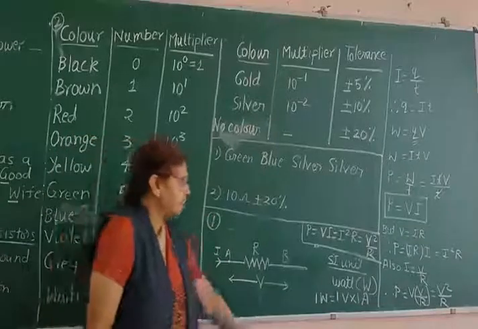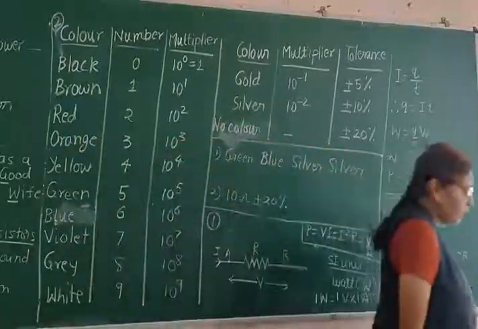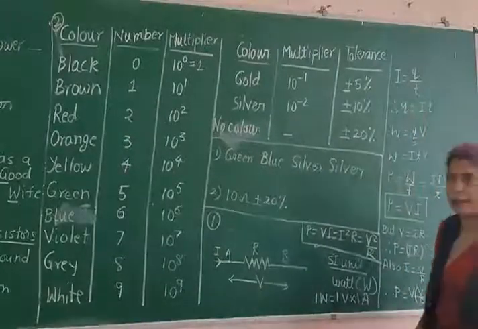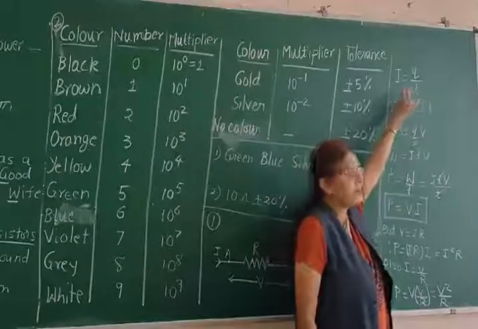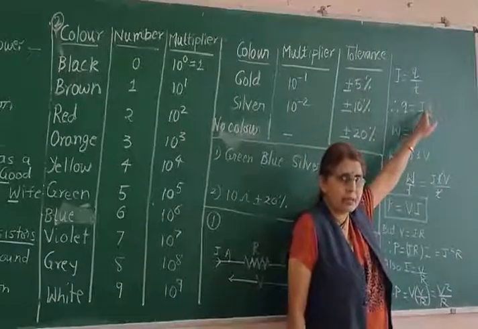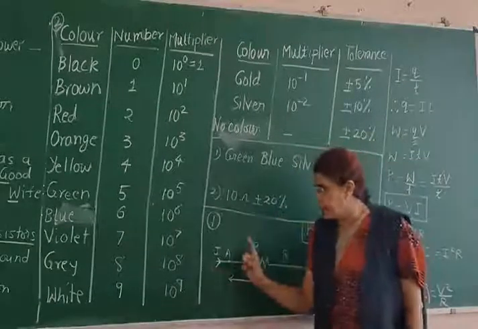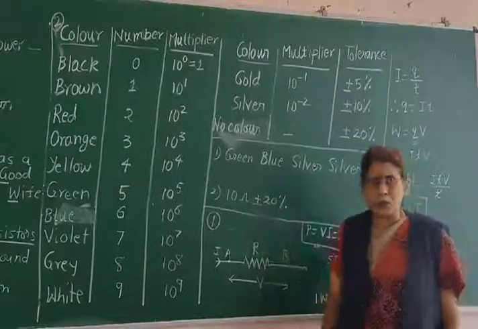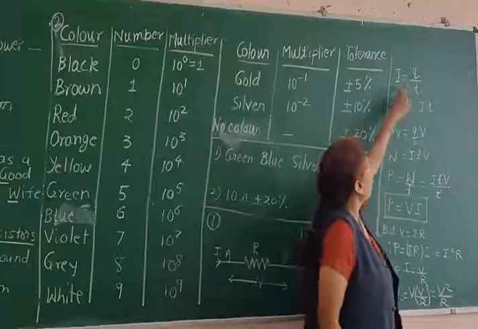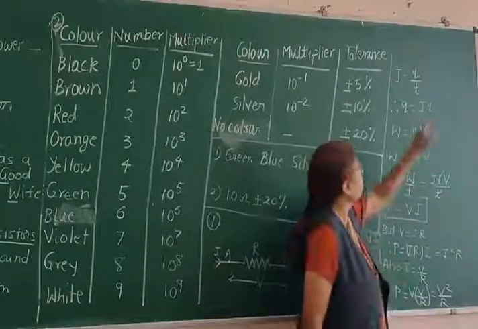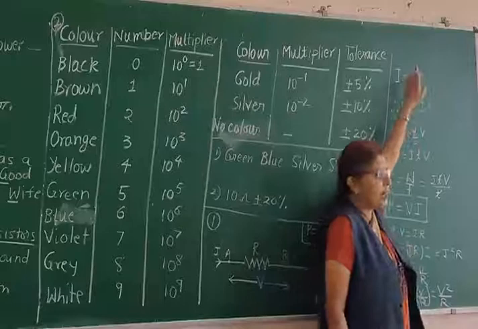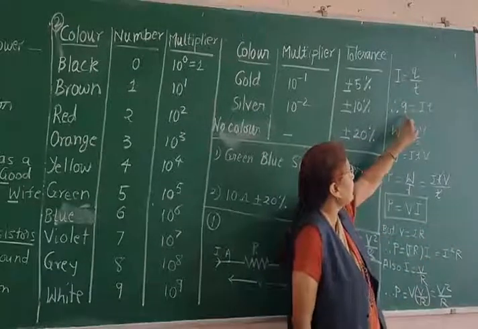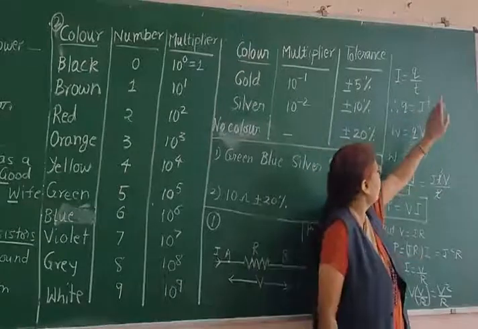Let us go first to the definition of electrical current. What is electrical current? We have seen that current is the rate of flow of charge. So let us say Q is the charge that flows from A to B in time t. How will you define current? Current I through the resistor is equal to Q upon t, charge per unit time. If you cross multiply, you will get Q equals I into t.